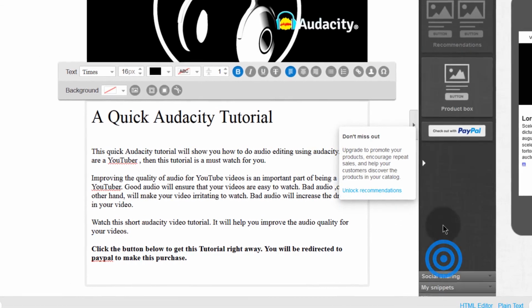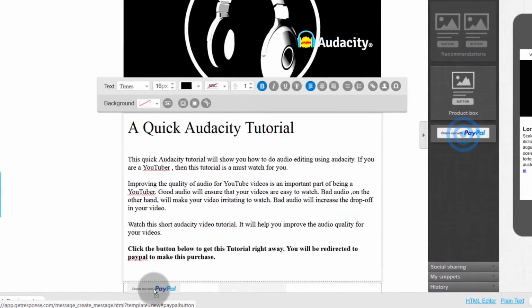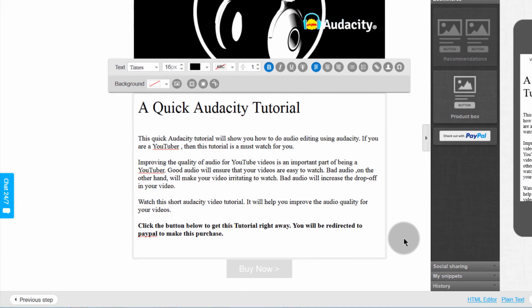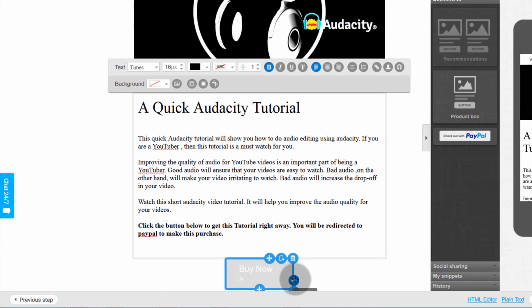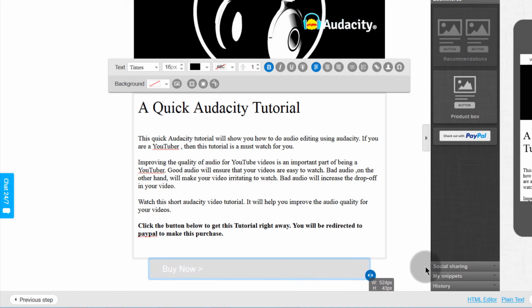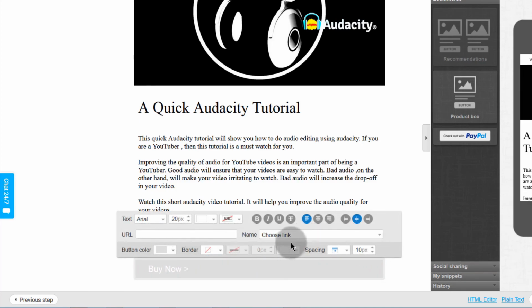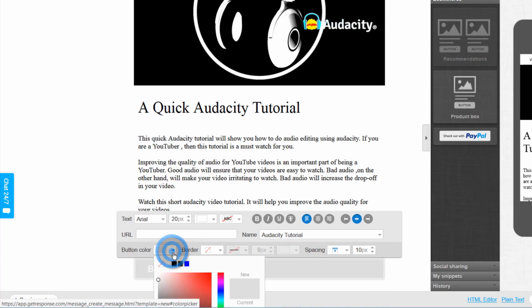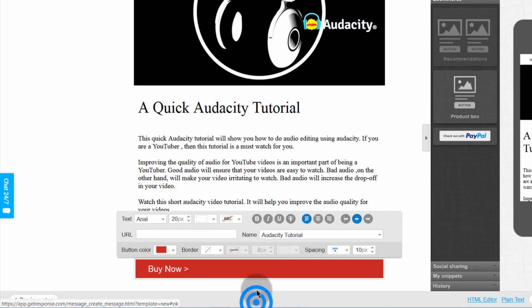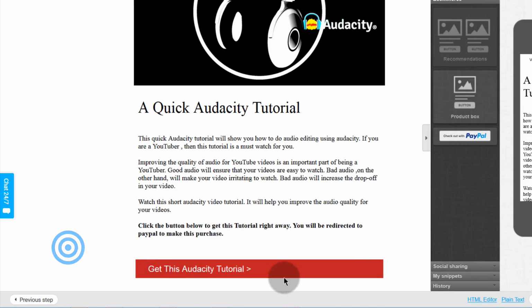So go under e-commerce, and then we're going to add the button down there, and we want it to be full width, and here we can just choose Audacity tutorial, and we can change the color of the button. So once they make this purchase,